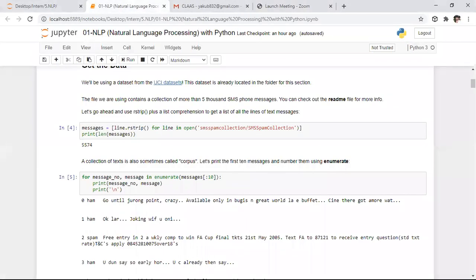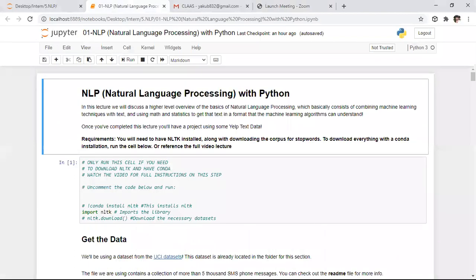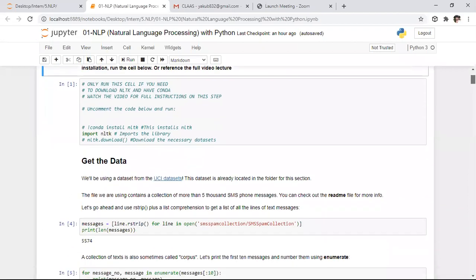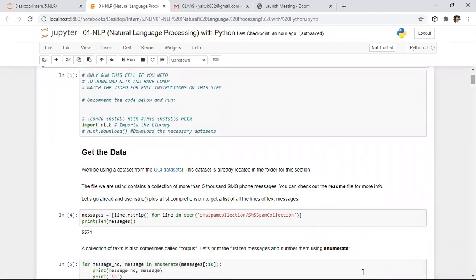So now in this session, we will discuss a little bit deeply regarding natural language processing. To work on natural language processing, we initially need to import the NLTK module. If you have not downloaded it, you need to download all the packages corresponding to the NLTK module by using the nltk.download command. When you execute that command, a GUI will open, and you need to download all the packages corresponding to NLTK.